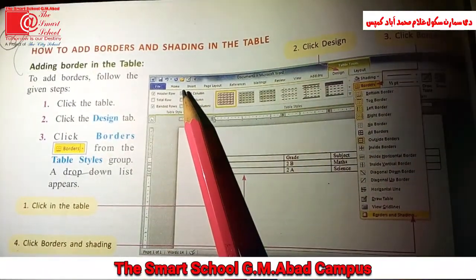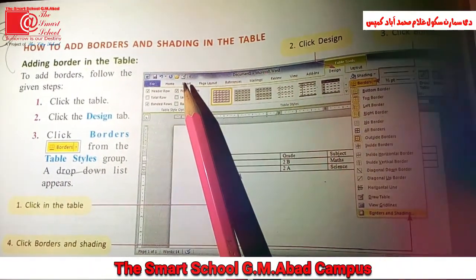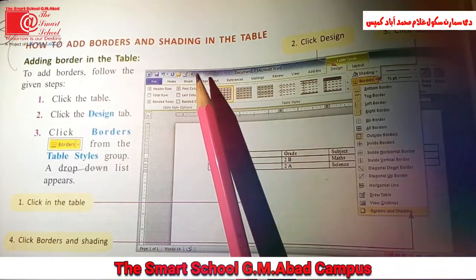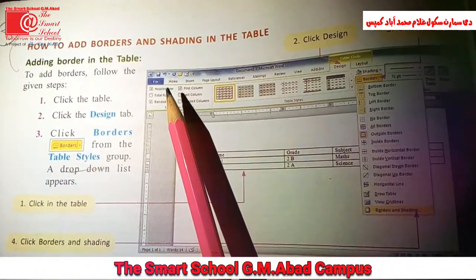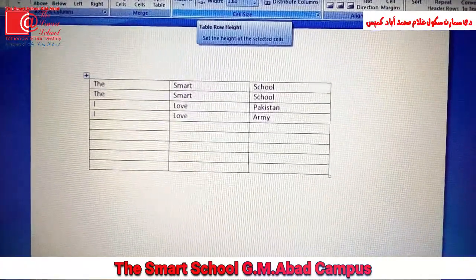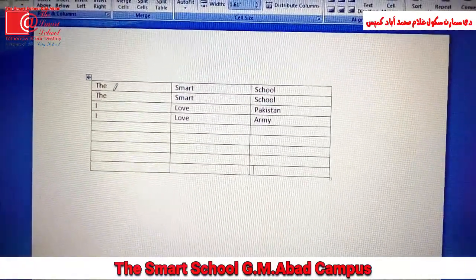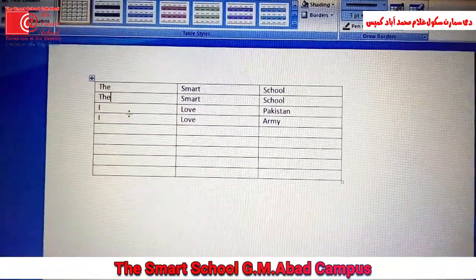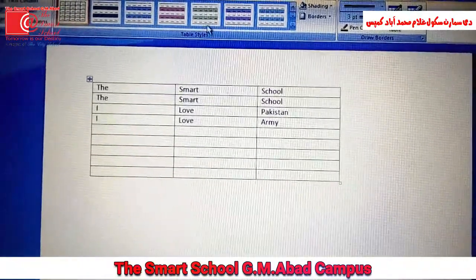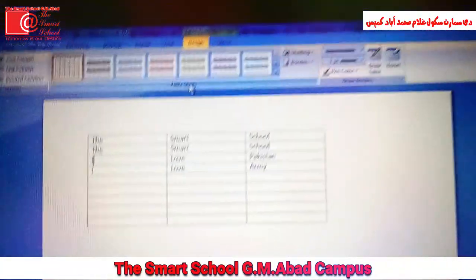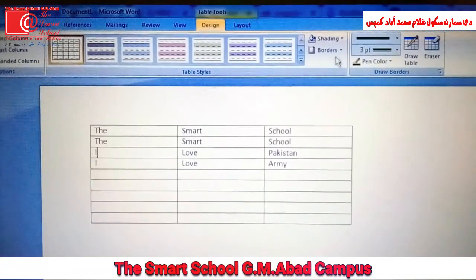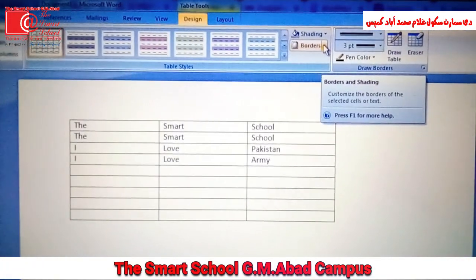Page 26. How to add borders and shading in the table. Adding border in the table. Click in the table. Now click on Design tab. From the Table Styles group, click Borders.